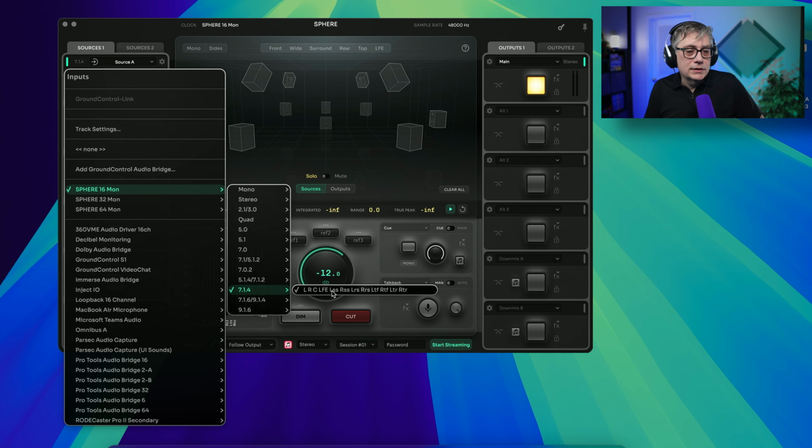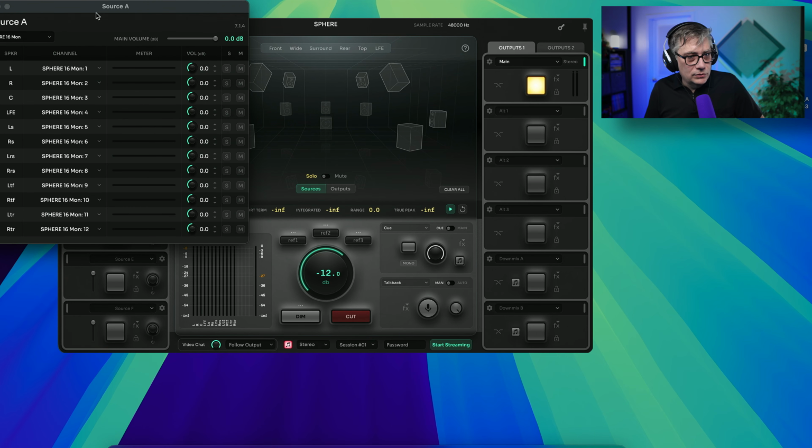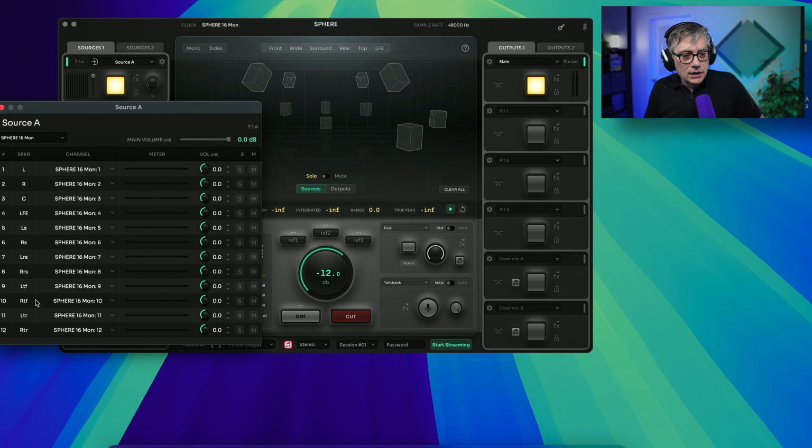Some plugins use different channel layouts, so it's always useful to remember which channel layout we're currently working with. So I've already selected that. Now, if I want to, I can go into the sources settings here, and I can move those things around. For example, if the channel layout doesn't really work the way I wanted it, or if the digital audio workstation that I'm working with is sending them in a way that is not expected, I can